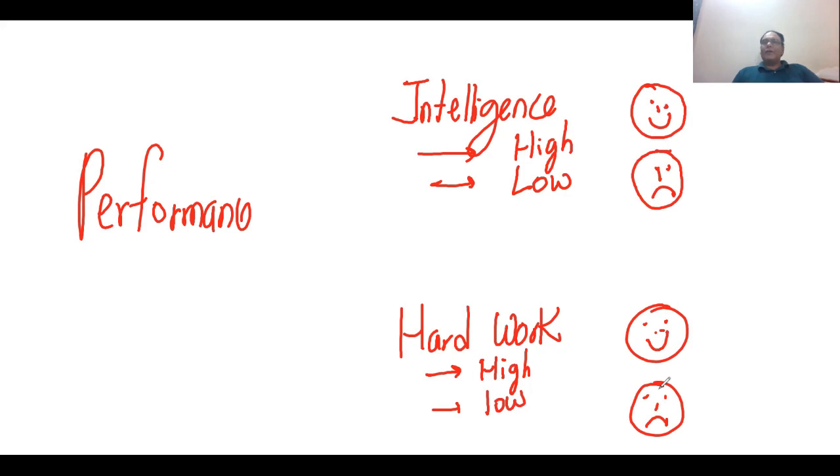If you apply the t-test, you can compare high and low independently. If you compare low hard work and high hard work, you can apply the independent sample t-test. So do you think the combination, the interaction of intelligence and hard work, also plays an important role? Intelligence individually is very important. Hard work individually is very important. But is it possible that we will combine them?